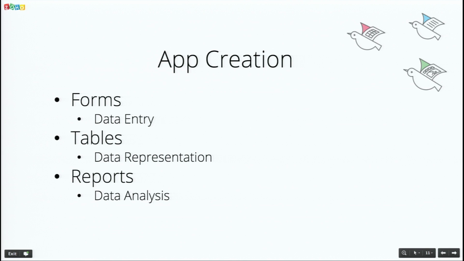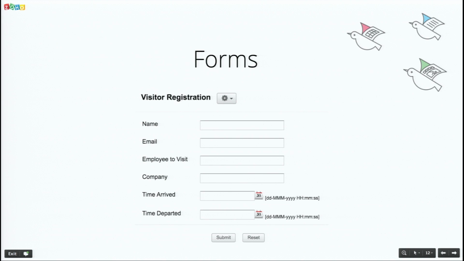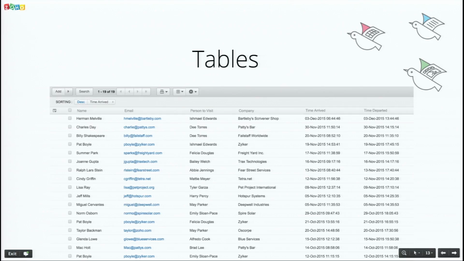But what if we want to represent that information? We need something else, and that's why we have reports. This is for analyzing your information. So let's take a look at some of those things. Forms, pretty ugly, but we're working on the interface too, so that's something we're going to announce tomorrow, is that we're changing how forms look in Zoho Creator. Tables, that's also something that's going to get a nice little interface update, which you'll get to see if you